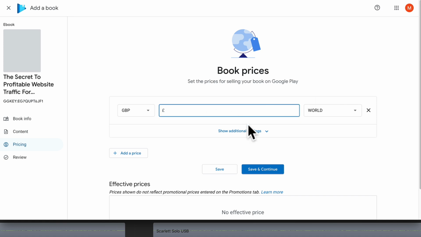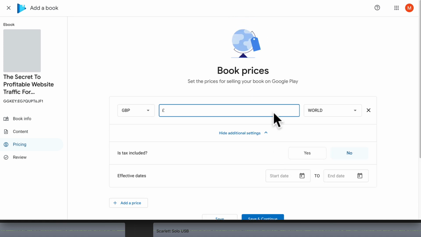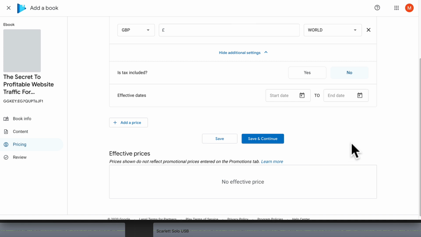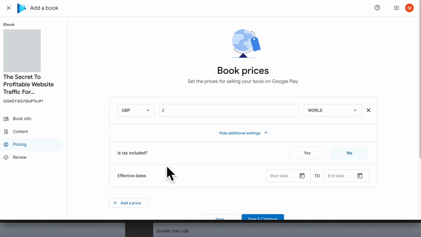And now I can set the pricing. So after you've set your pricing, you'll be able to review it, make sure that it looks okay, and people can access it fine. Okay, so that's one platform that we can use. I've got a few more to show you, but don't worry, I'm not going to go into this level of detail on all of them, because you can see the basic process that we can apply to most distribution services.